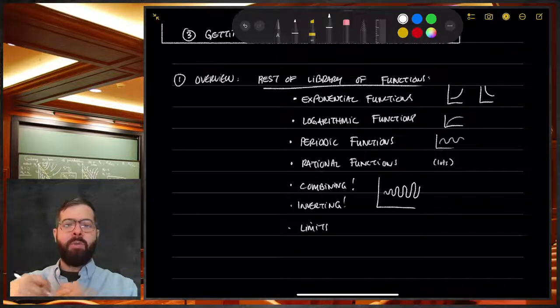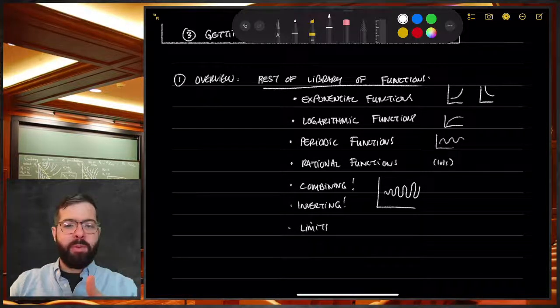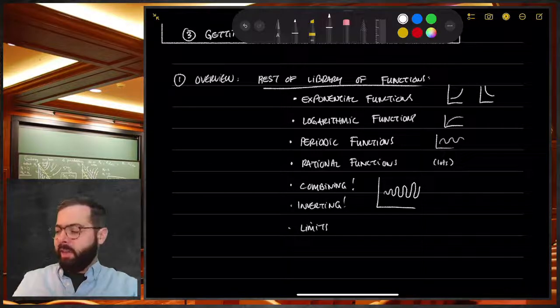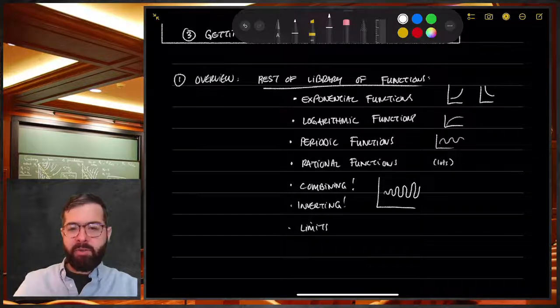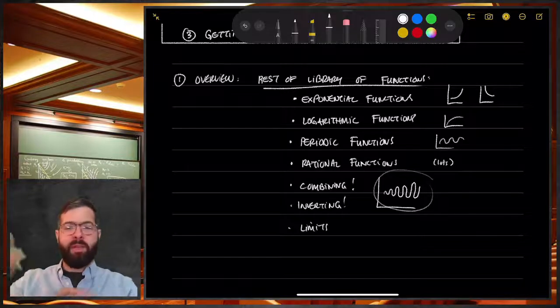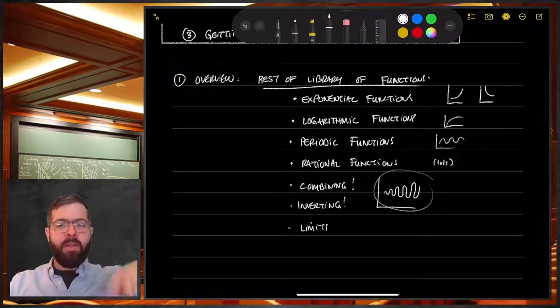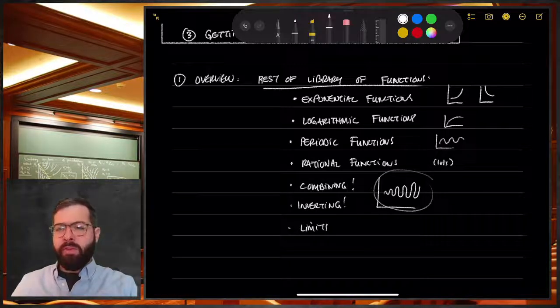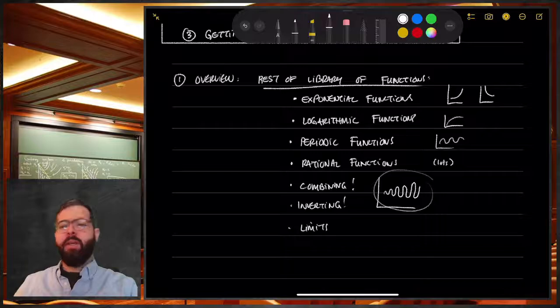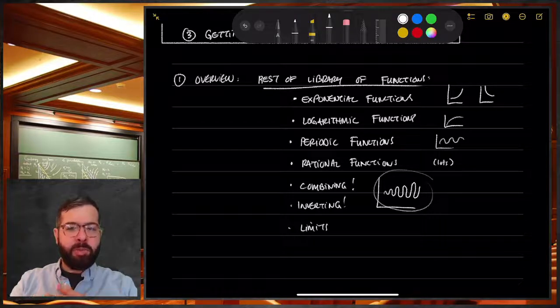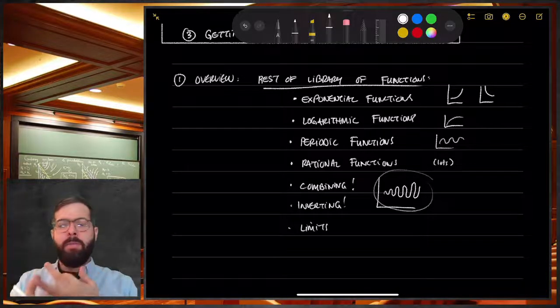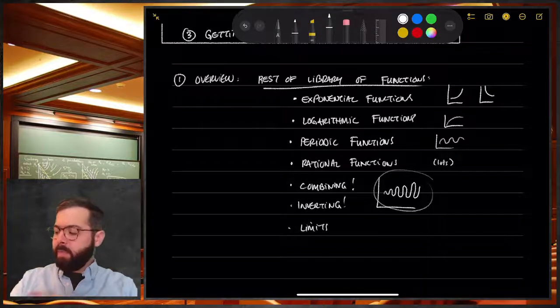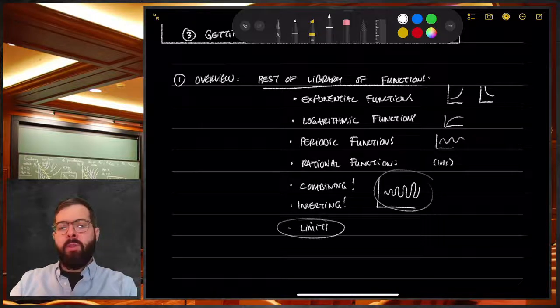And then lastly, we'll be combining and inverting all of the functions that we know so far. So if I stick a sinusoidal function or periodic function inside an exponential function, what happens? It might start growing more between the waves, things like that. So this is just a quick overview of the types of behaviors we're going to see, but we're going to be looking at these things from the algebraic perspective, the graphical perspective, numerical, and again, these verbal descriptions like I'm doing here. And then lastly, we'll be setting you up with some preparation on limits,